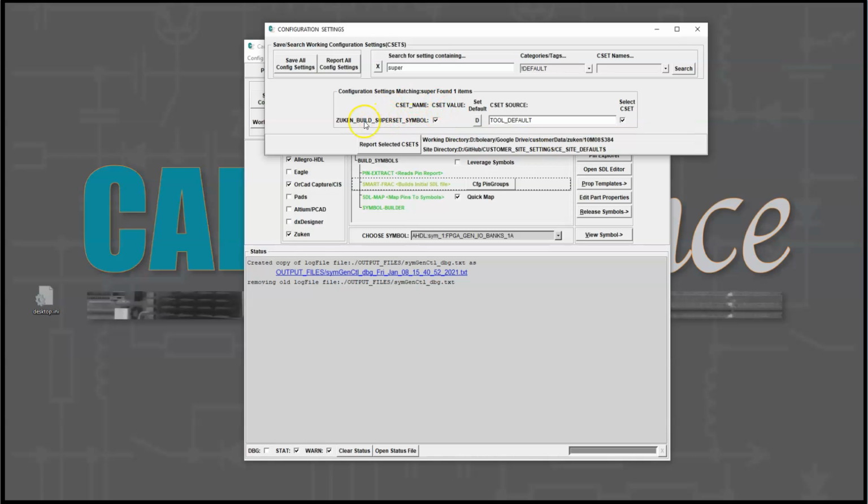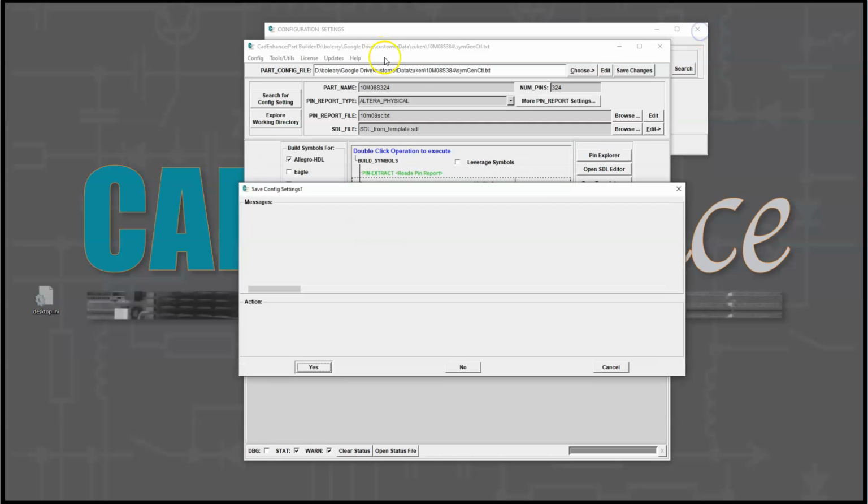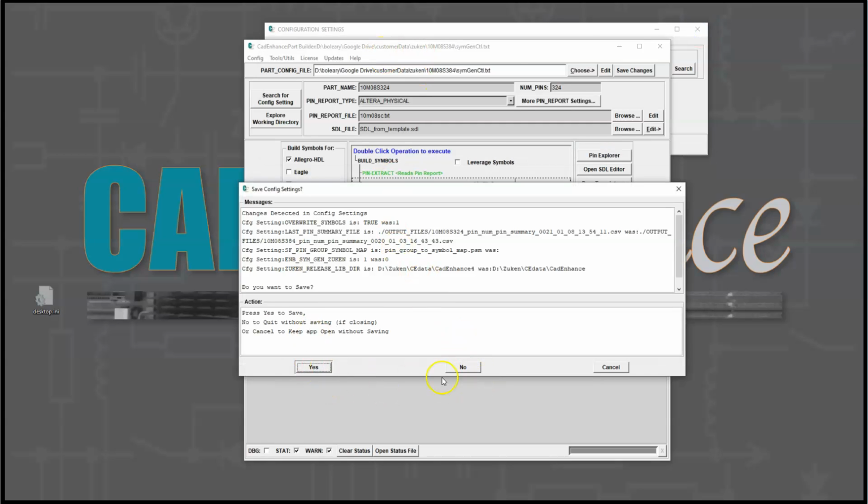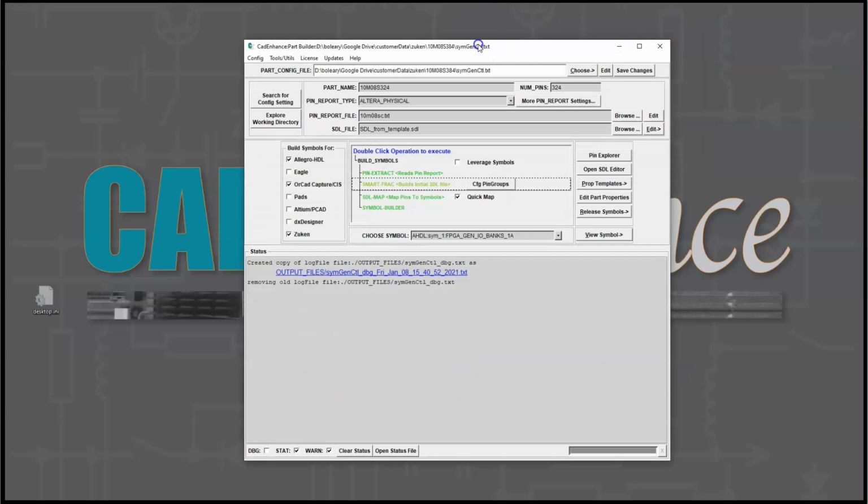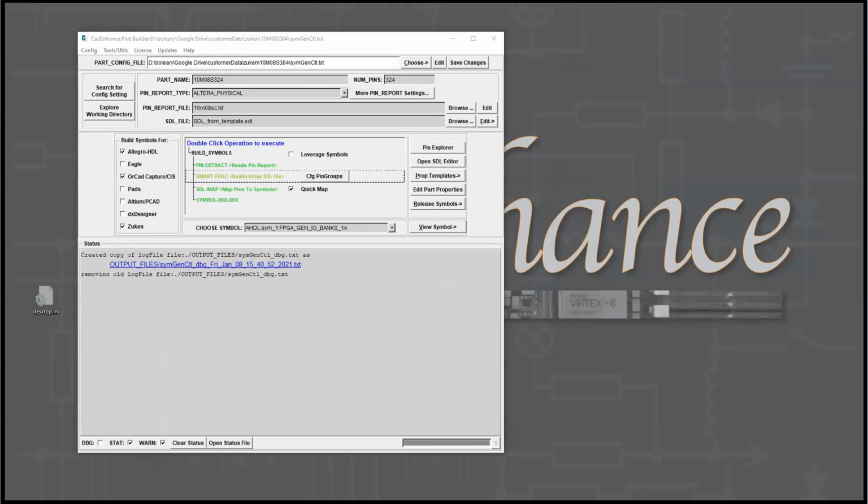If this set is enabled, when we build the Zuken symbols, if we built 10 fractured symbols, we'd get 11 symbols. We'd get the 10 fractured plus the giant super symbol. So it's enabled now. We'll say no for saving, close that. And what I'm going to do is open